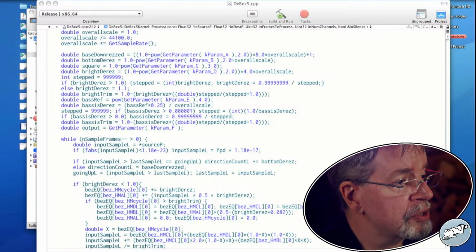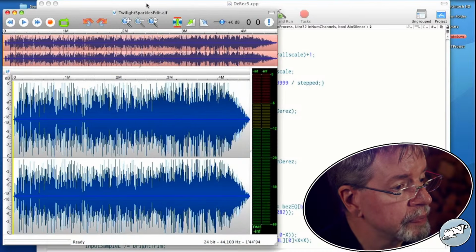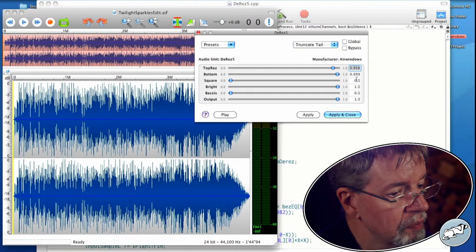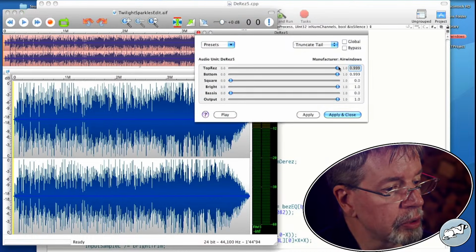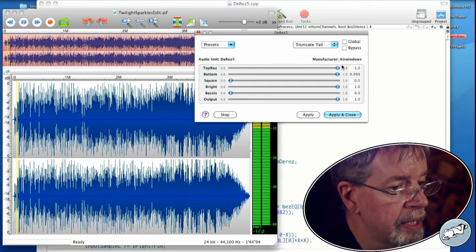And that could produce interesting results. It's just a question of, does it? So top res, bottom square, bright basis should produce a sound. It does.